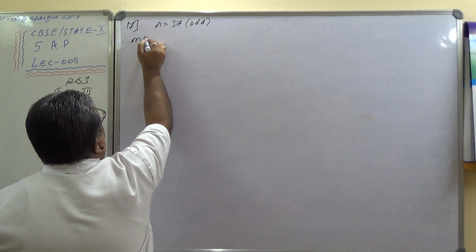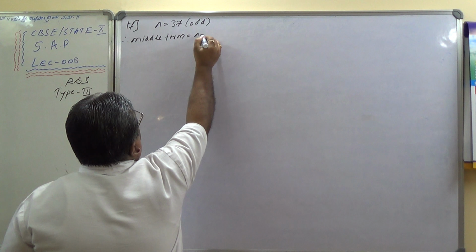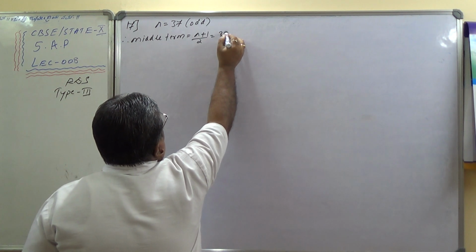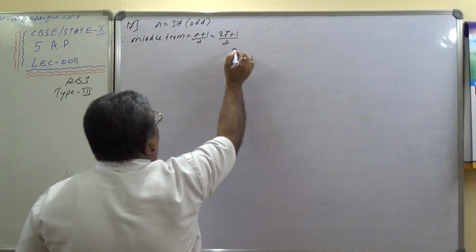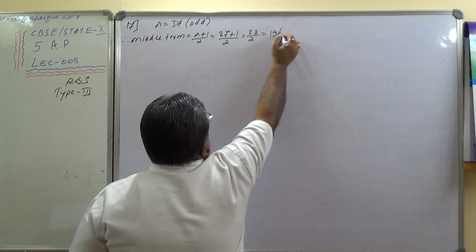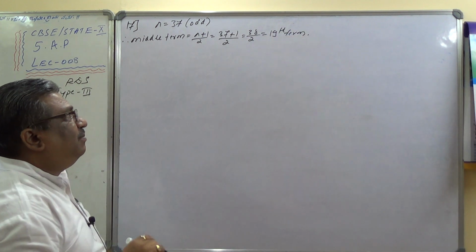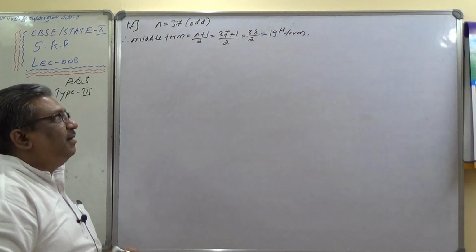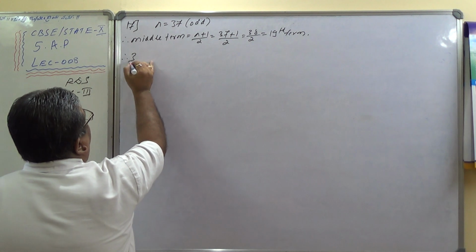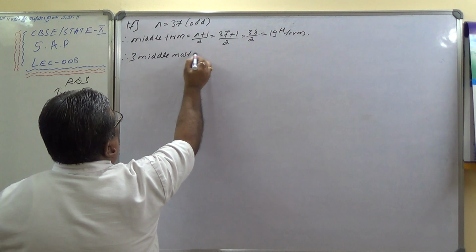Therefore, middle term equals n plus 1 by 2, which is 37 plus 1 by 2, 38 by 2, which is the 19th term. If the 19th term is the middle term, the middlemost 3 terms are one this side, one that side. So 18, 19, 20. Therefore, the 3 middlemost terms are